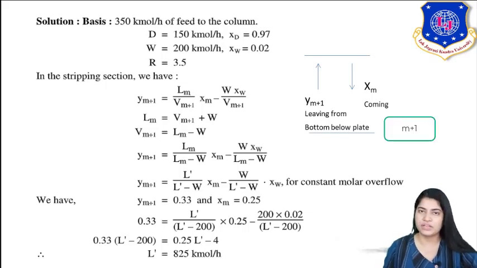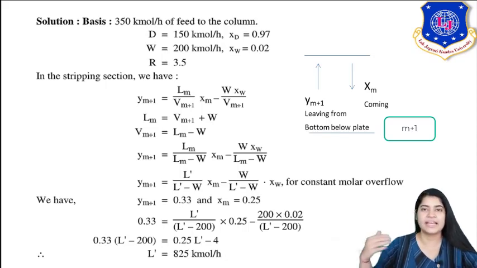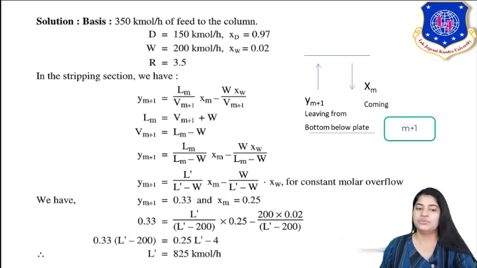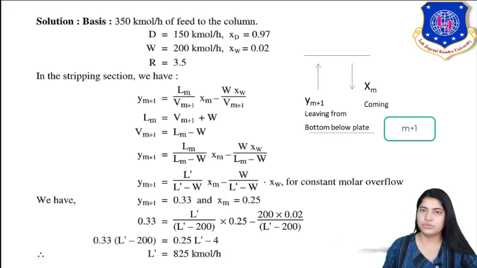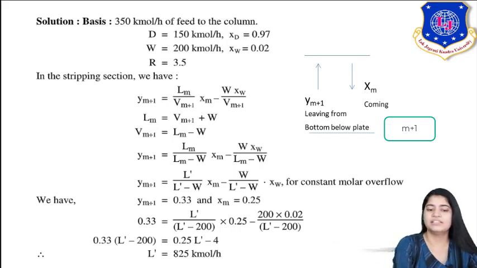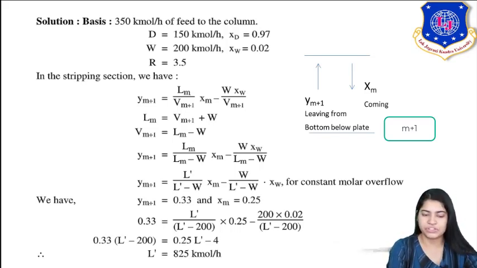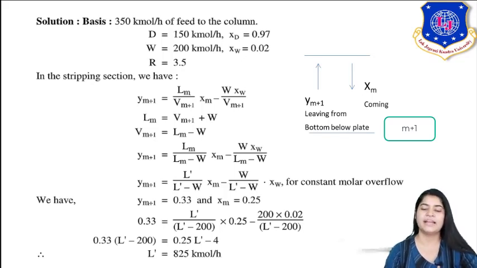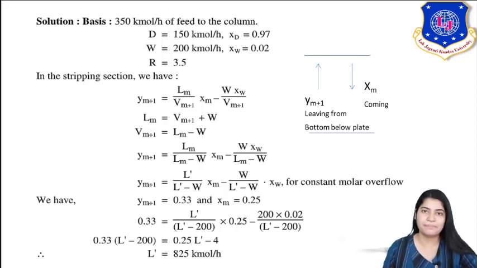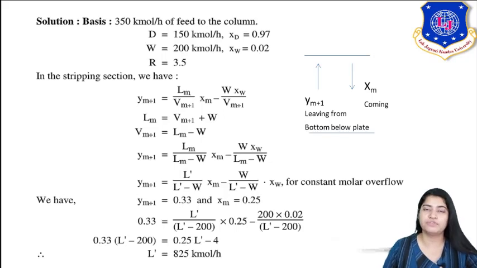So Ym+1 is the vapor leaving the m+1 plate, and Xm is the liquid coming to that m+1 plate. Instead of Lm, I can substitute Vm+1 plus W. Thus the final stripping line equation is: Ym+1 = (Lm/(Lm - W)) Xm - (W xw/(Lm - W)). So this is the operating line of the stripping section. Now just substitute the values. Ym+1 is 0.33 and Xm is 0.25. Substituting the values and evaluating,